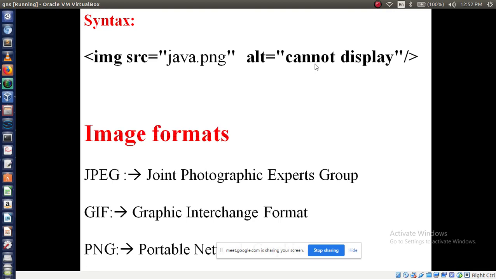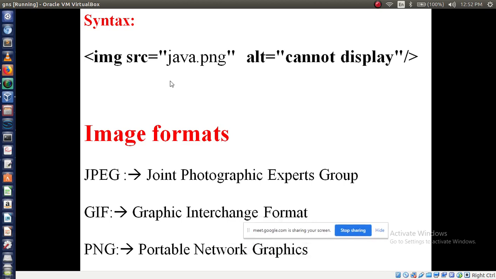So here the image formats I have mentioned are JPEG, GIF and PNG. JPEG means Joint Photographic Experts Group. Here the extension you are using with the image. If you are using GIF here, it is Graphics Interchange Format. If you are using PNG, now I am using PNG, Portable Network Graphics.